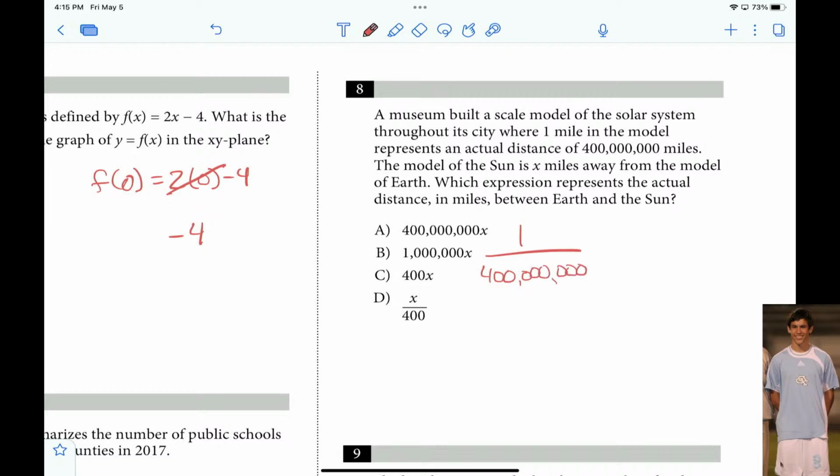So it was model over actual. Well, they said the model of the sun is X miles away. So they said, what would represent the actual? So we don't know the actual. So we'll call Y the actual. So we cross multiply. So that's why I like writing this. So we get Y equals just that 400 million